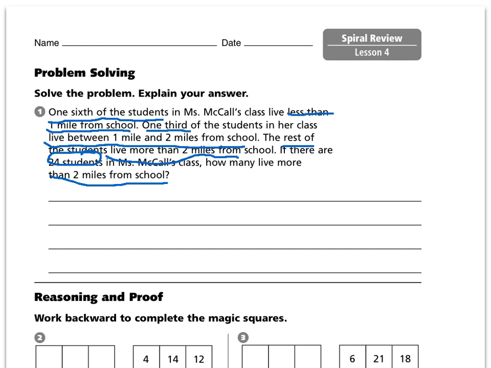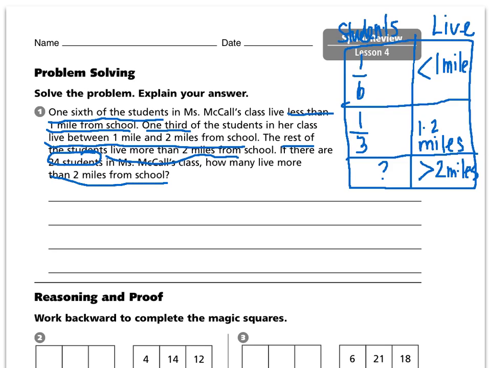So I'm going to go ahead and make a chart of the information. 1/6 is less than 1 mile, 1/3 is 1 to 2 miles, and question mark is greater than 2 miles away. So using this information, I can solve the problem. I'm first going to add up 1/6 plus 1/3 plus question mark equals 1, because I know that that will